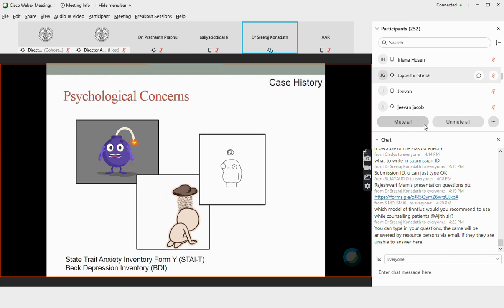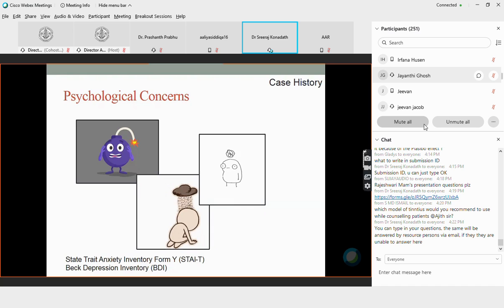So these components, now of late what we can see is that the management line is shifting mostly towards having a psychological basis. So when you consider that aspect, you have to collect these kinds of information also. I have given two questionnaire names. You can go through those questionnaires also. Those questionnaires will give information about anxiety and depression, etc.